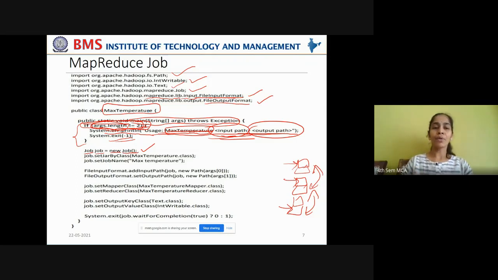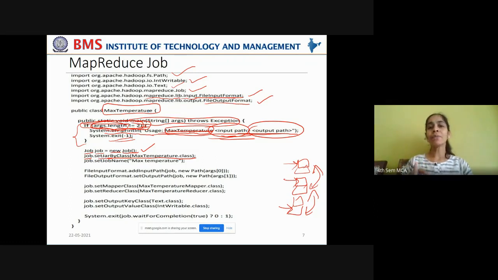Got it? Now, using this job object, you are going to invoke the setJarByClass method, which takes the class file as a parameter,